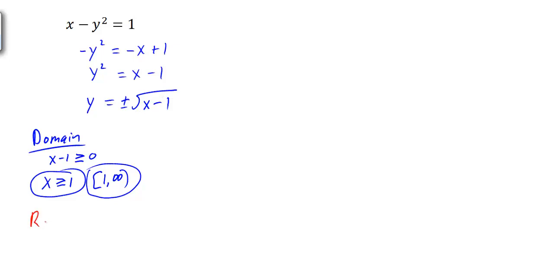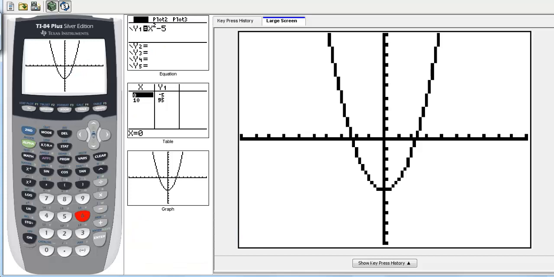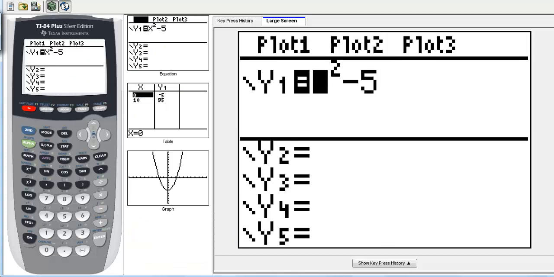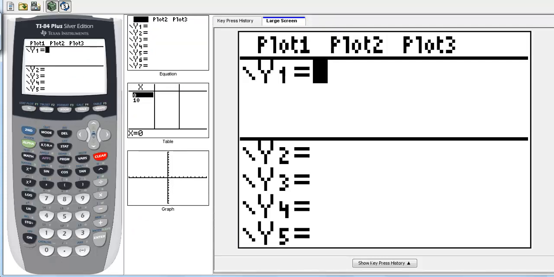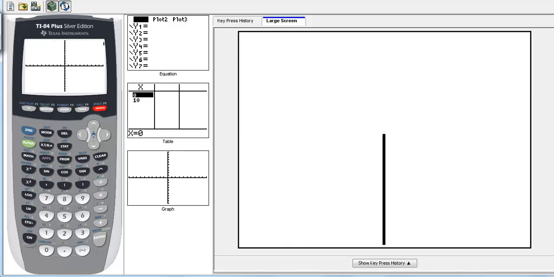Now, once again, to find the range, let's go about graphing this in our calculator. Now, be careful. We have a plus or minus the square root of x minus 1. So we go to y equals and clear out the other one, and we're going to type in the square root of x minus 1. And now if I hit graph,